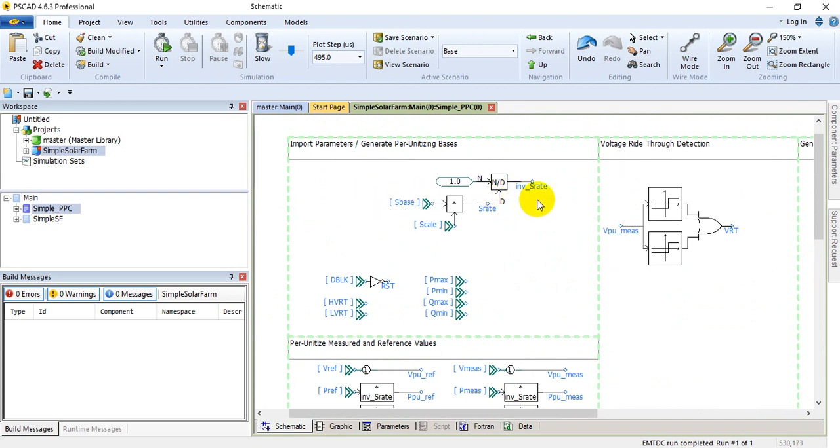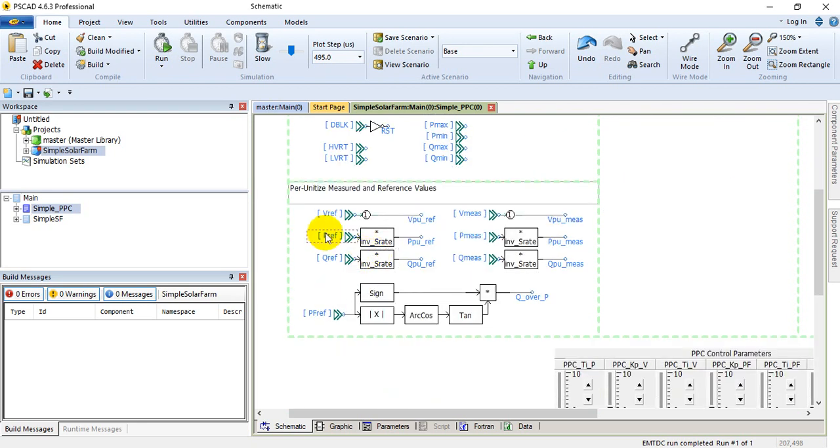Why? Because you need a per unit value, so every time you need to divide by the S rate, the inverted S rate. So you have calculated the inverted S rate here. After the S rate, you can say V reference is already a base value that is taken as per unit, and P reference is the P per unit, and that is Q reference